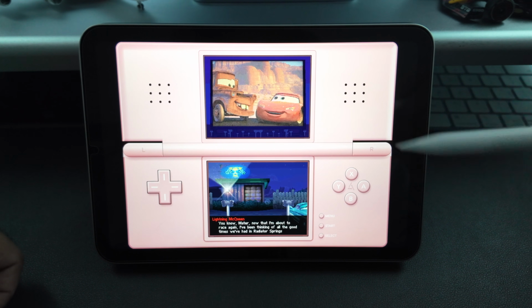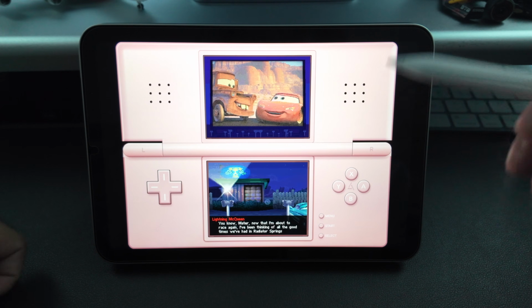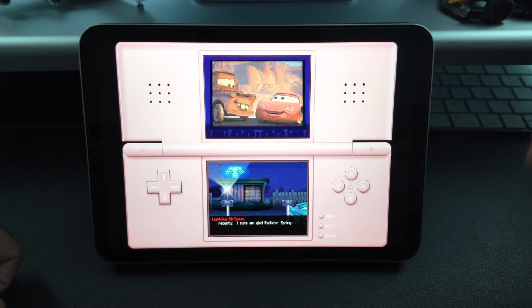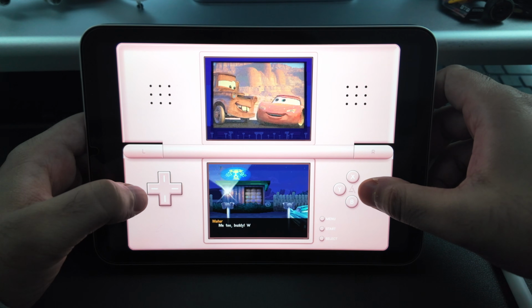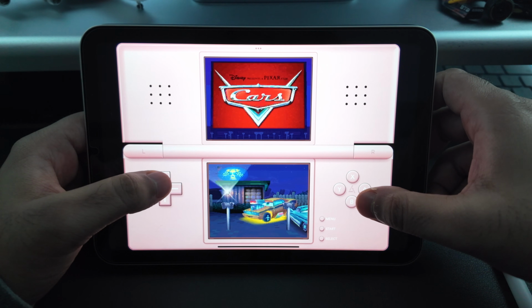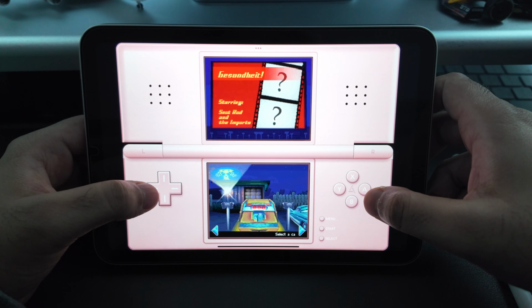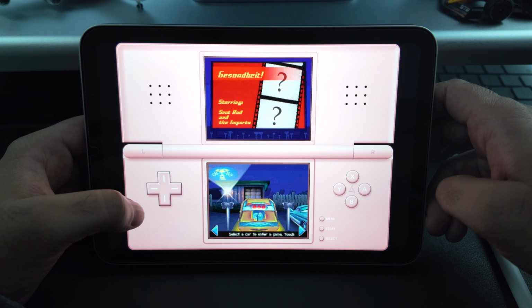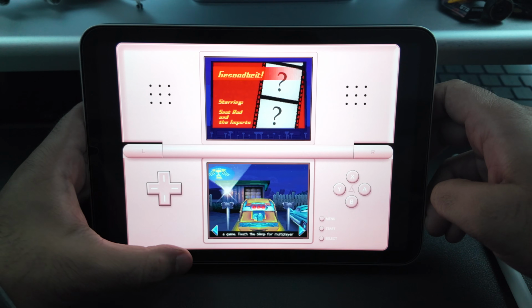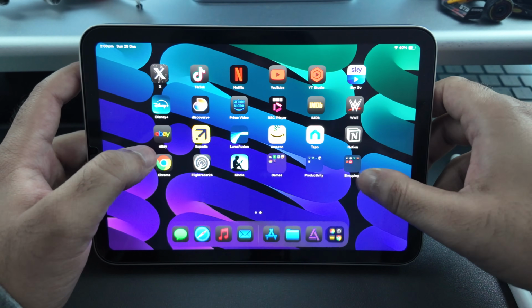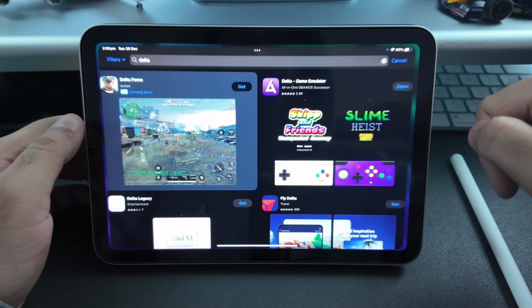And right here, I've got a Nintendo DS, but it's on my iPad, and we've got a ton of games that we can play on my iPad using the DS emulator. So in this video, I am going to show you how to do that as well as how to get your games. Now, first of all, the one thing we want to do first is go to our app store